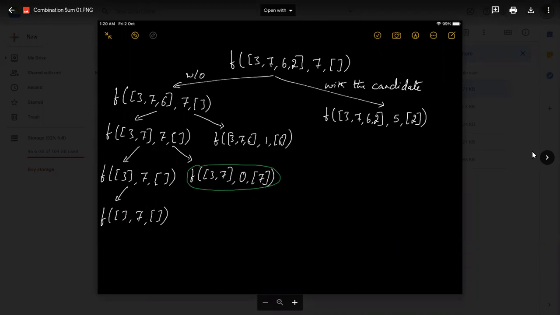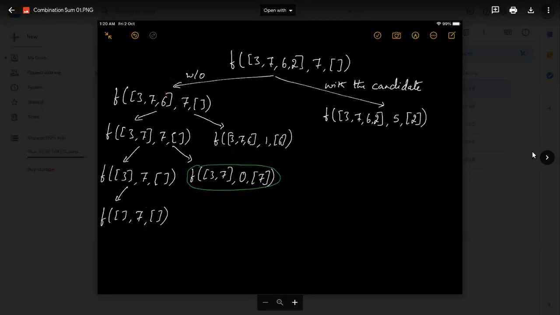And some paths, like when I go this way, we chose this element 6, and look at this, the target is reduced to 1, and the element chosen is 6. Okay, this is good so far, but look at the target 1. At the moment we cannot say algorithmically, but if you observe here, whatever way you go, this one cannot be consumed exactly so that the target value becomes 0. So this path is not going to lead to any solutions. At least I can see that now. But algorithmically, you've got to go down to the leaves and then figure out whether that leaf is one where the target reduced to 0, or it cannot. So one of those things has to happen.